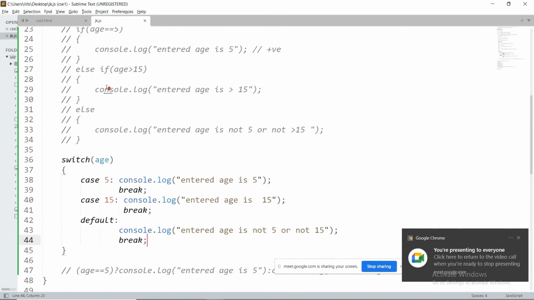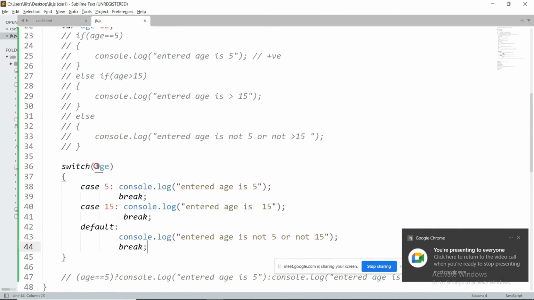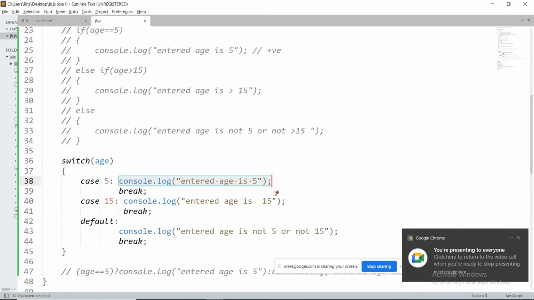So here, the switch statement is going to accept a parameter. That parameter can be a normal variable or any kind of expression. If this expression satisfies any one of the conditions, then the corresponding statement is going to be executed. Once the corresponding condition is satisfied, the set of statements which you have written in that block will be executed. Whenever it encounters a break, it is going to simply exit from that block and execute the remaining set of statements.